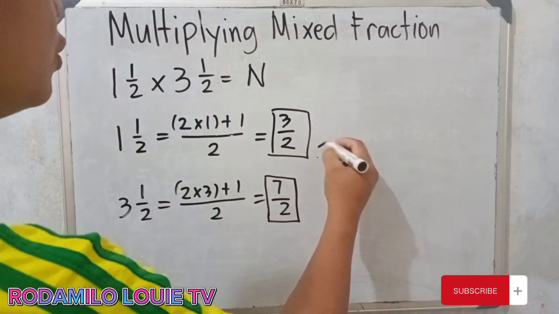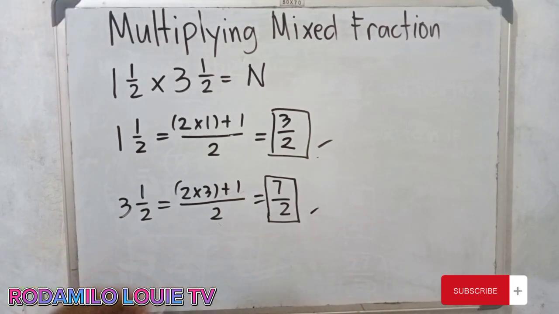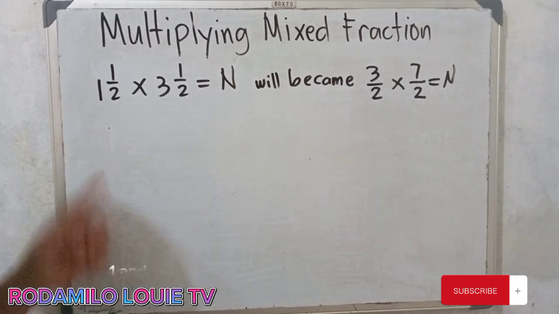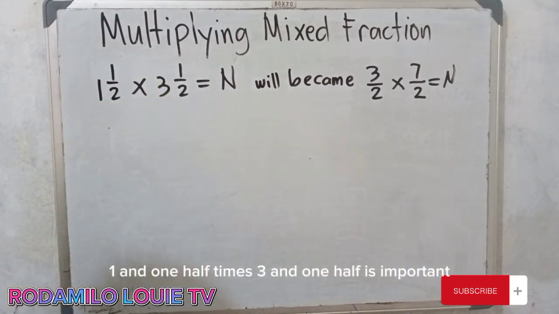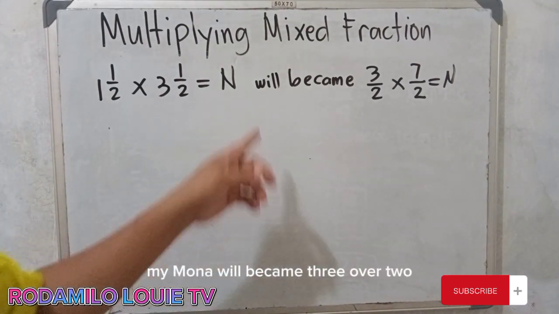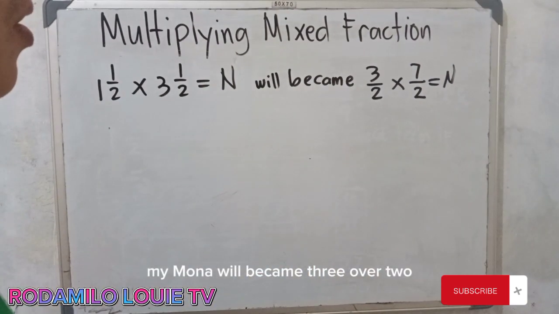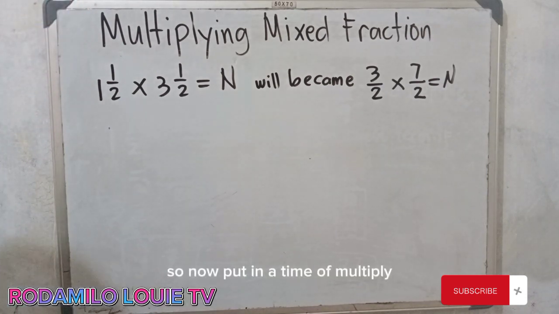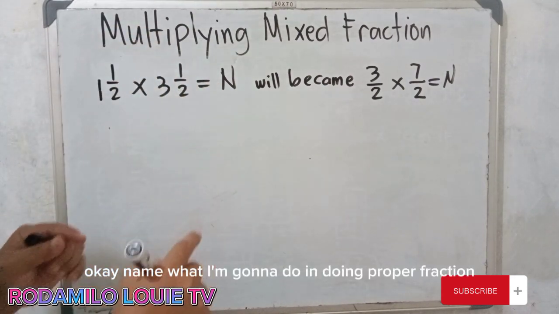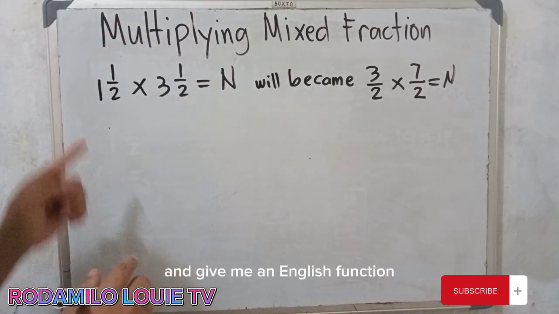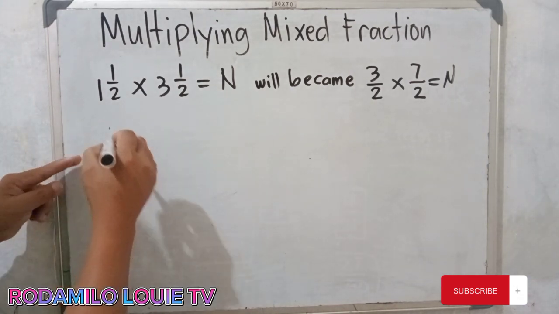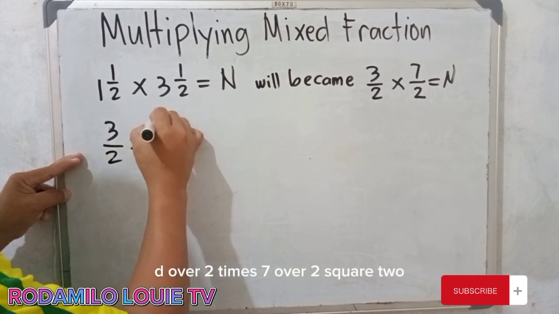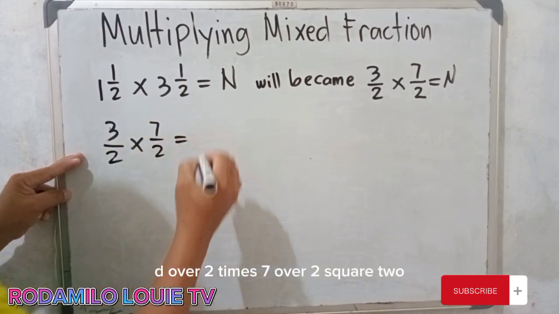Check na ta. So therefore, 1 and 1 half times 3 and 1 half is equal to n. Mahimo na will became 3 over 2 times 7 over 2 is equal to n. So now pwede na ta mag-multiply. Okay, nahimo naman nato into improper fraction ang kining mixed fraction. So let's multiply 3 over 2 times 7 over 2 is equal to,